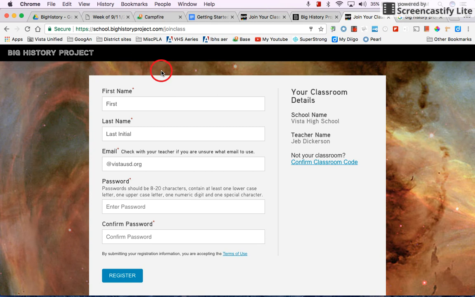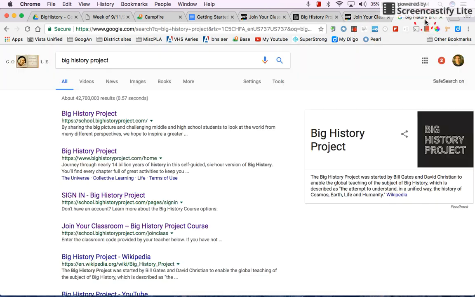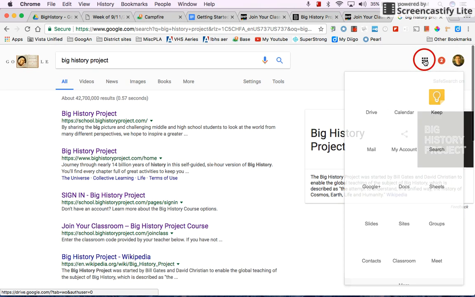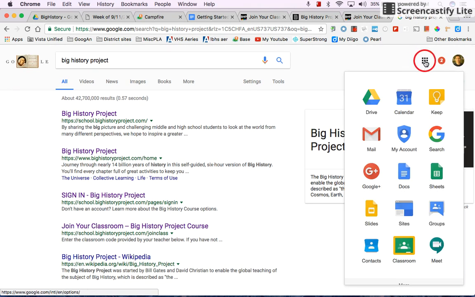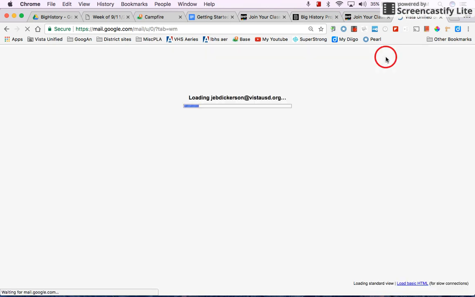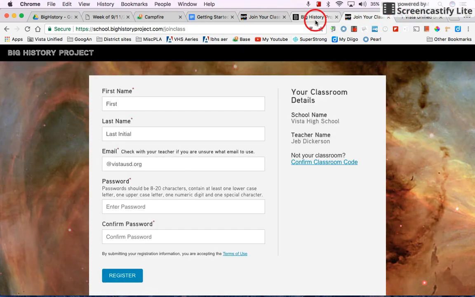So you're going to need to go to your Gmail. From any Google screen, you can click on those 3x3 kind of square boxes, click on mail, and you're going to go to your Gmail and you will see, I'm not going to show you my email, but you will see an email from the Big History Project, and there will be a link on there that has you click it,